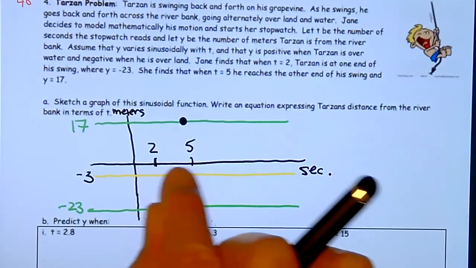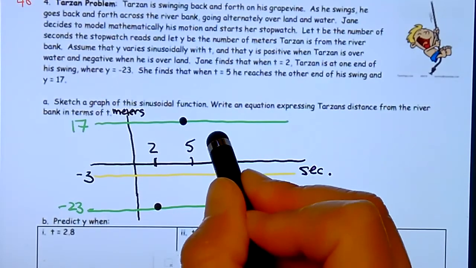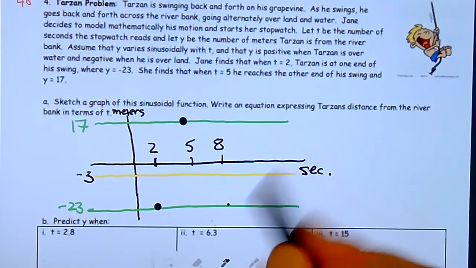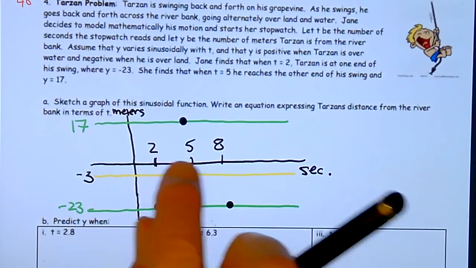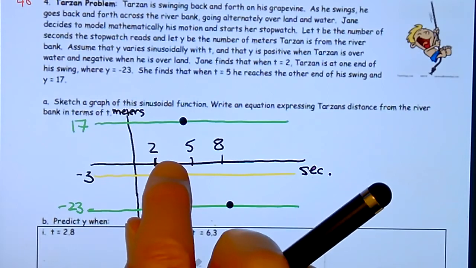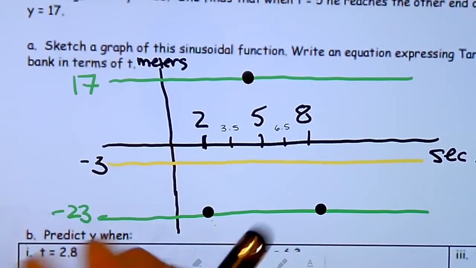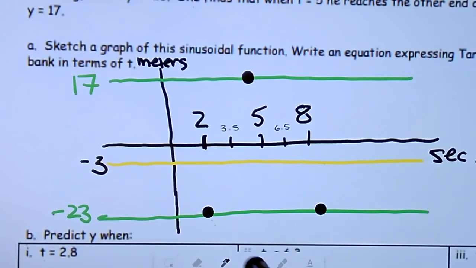So that's going to be 3 away. Okay, so then if I go another 3, which would put me at 8, he is going to be at negative 23 again. And then in between those, when I average this, I'm going to get 3.5 and 6.5. So let me just write those in. Okay, so I squeezed in my 3.5 and my 6.5, and that's where I'm going to have my middles, and then I'm going to draw my curve,